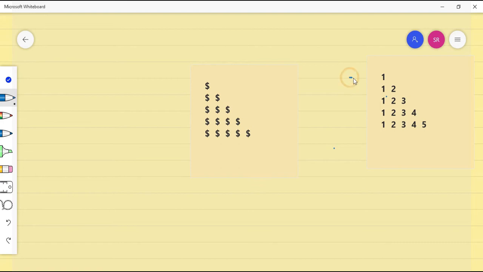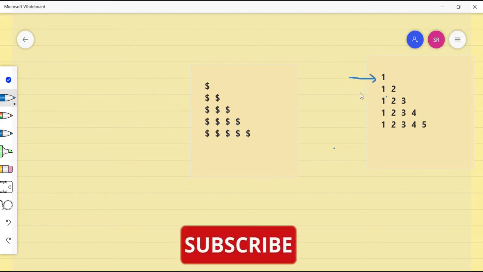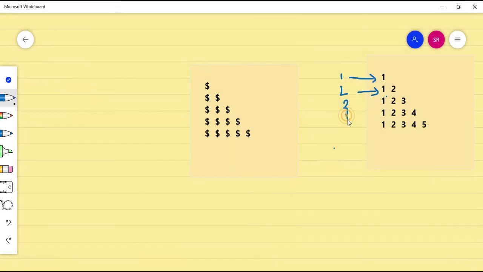First you have to think how many lines there are in this pyramid. So total how many lines am I having? I'm having 3, 4, 5. This is the first line, second line, third line, fourth line, and then the fifth line. So the number of lines is going to decide your outer loop. After that, you have to see what kind of pattern you want. Here, first I want to print 1. In the next line, I want to print 1, 2. In the next line, I want to print 1, 2, 3 and so on.